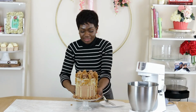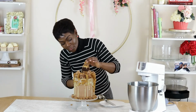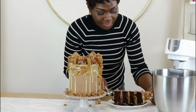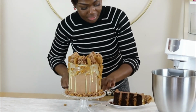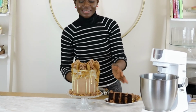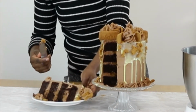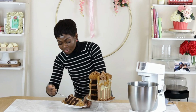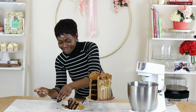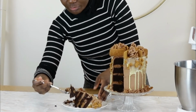With that and a knife in hand, I am just going to pull. Oh my goodness, can you see what this looks like? Well, I'm just gonna leave that here. Oh wow. As a cake maker, I must confess, I don't get to see the insides of a cake very much. So I'm going to dig in with a fork. Oh dear, the table wants to share my slice. I'll get a bit of chocolate, some biscuit,